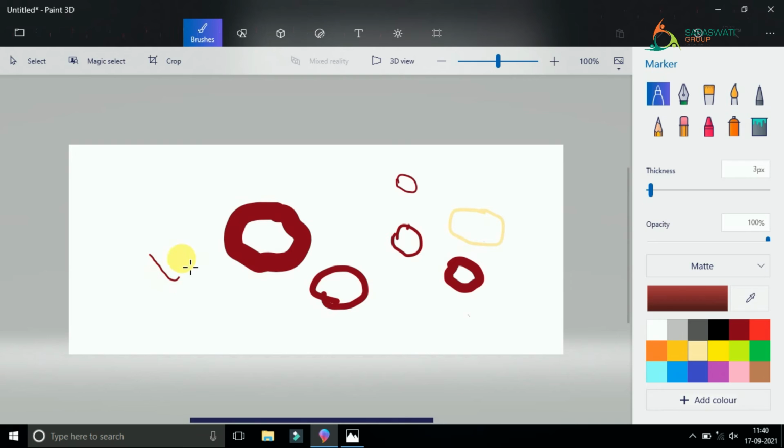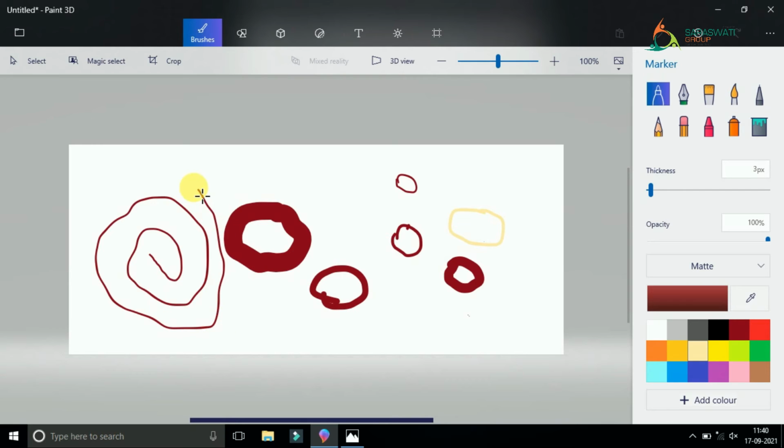See, you can see that I am making some circle and circle, circle and circle like a jalebi, right? So I am pressing the left button of my mouse, okay, and you can draw. You don't have to leave that mouse button. If you leave that, you won't be able to draw. See, I did it like this and then let go, so I can't draw properly. Is it clear? So you have to keep pressing the left button of the mouse.